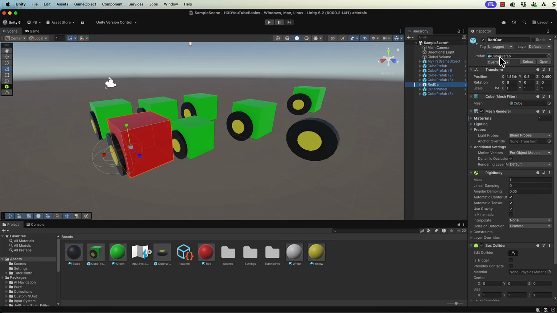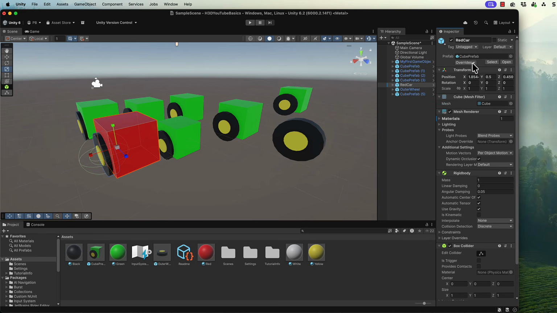Now the overrides up here, we can revert or we can apply to all. If you apply to all at this particular stage, which is kind of off the screen there for you, let's bring this in, apply to all of those cars, the entire prefab will go red like that. So anything using that prefab, and then this red car will now still be an exact instance of that cube prefab down there. Now, if you don't want that, I'm just going to go Control Z because I didn't want that to happen,